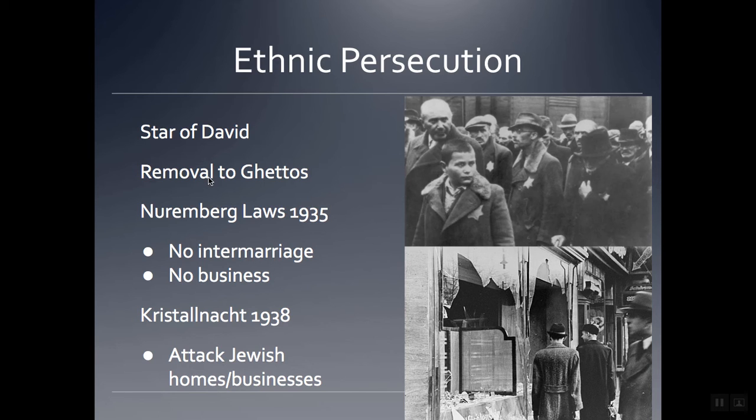Also a part of that was eventually removing the Jews and forcing them to go live in ghettos, which were sectioned off, walled off areas where Hitler initially thought he could move the Jews. He didn't allow any medicine. He allowed very scarce amounts of food. And the goal, in his mind, was to let them die off, or let them leave because of how miserable these Nuremberg laws are.